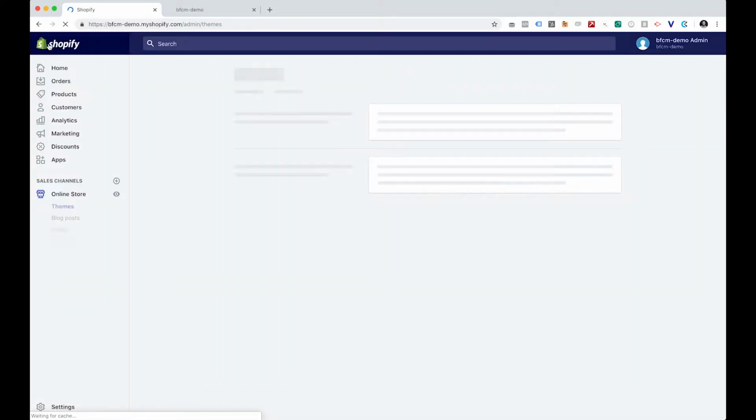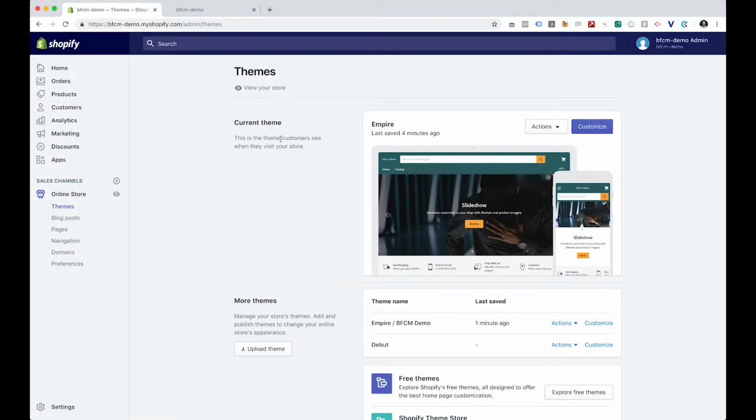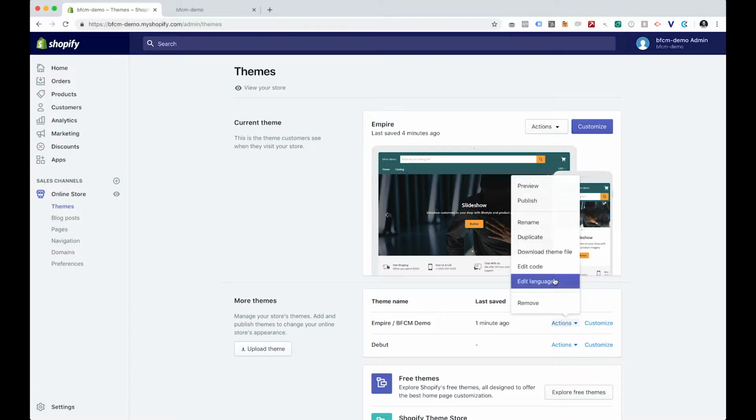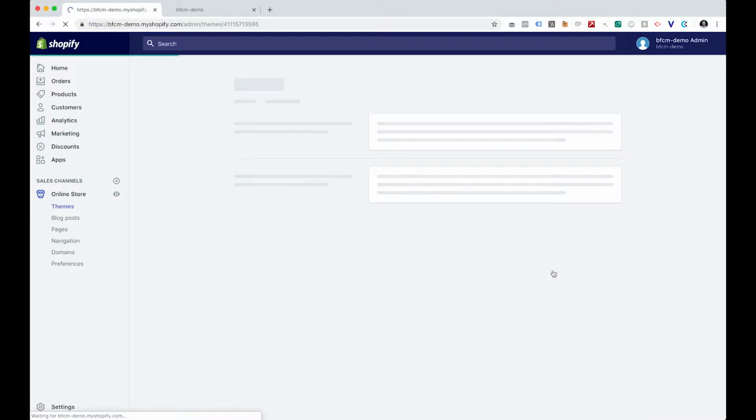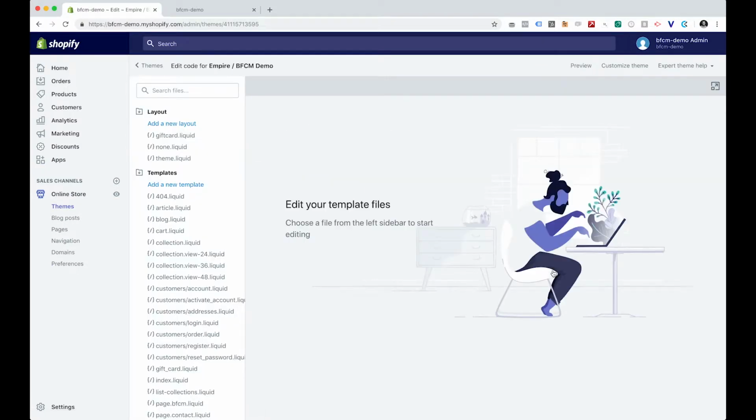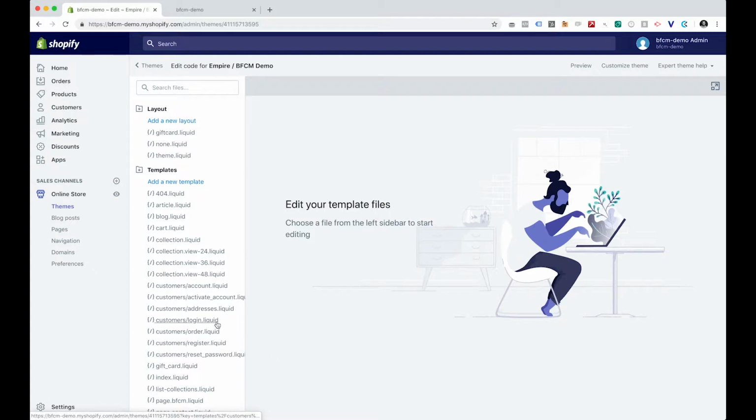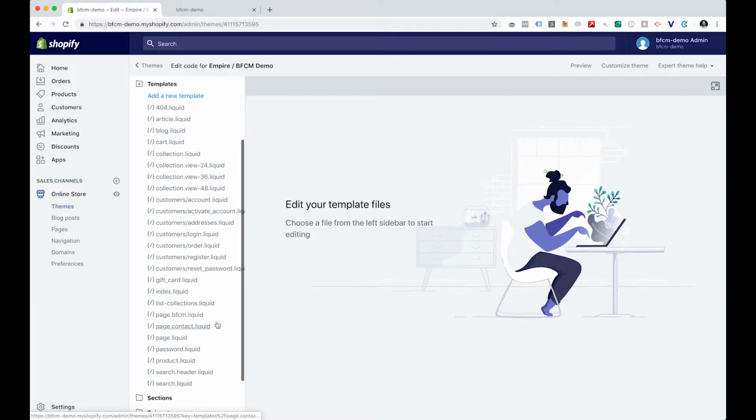Once you have that, go back into your backend, into the admin area, and we're going to go to Actions and Edit Code. Now this is where a lot of people get hung up, and it's not too difficult. It's a lot of copying and pasting and putting things in the right order. That's really all we're going to be doing here. So the first thing we're going to do is we're going to go down and we're going to find that new page template we created,